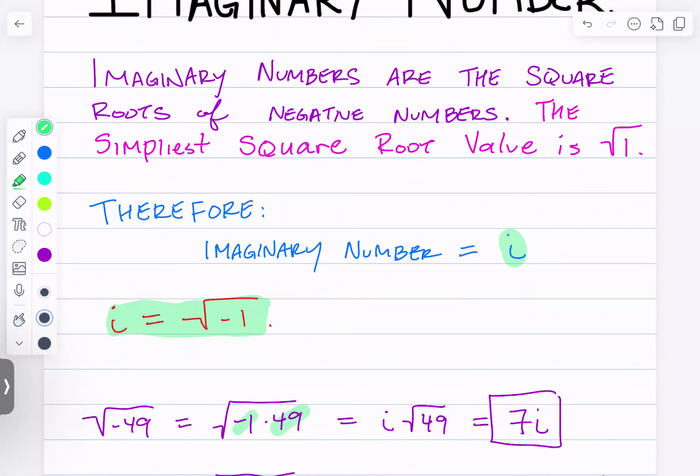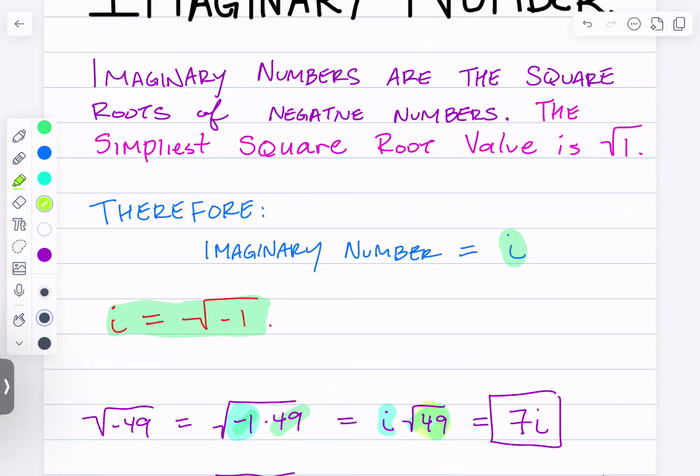And now since the square root of negative 1 is i, this negative 1 becomes i, and whatever is left over, I just put it back. And then the square root of 49